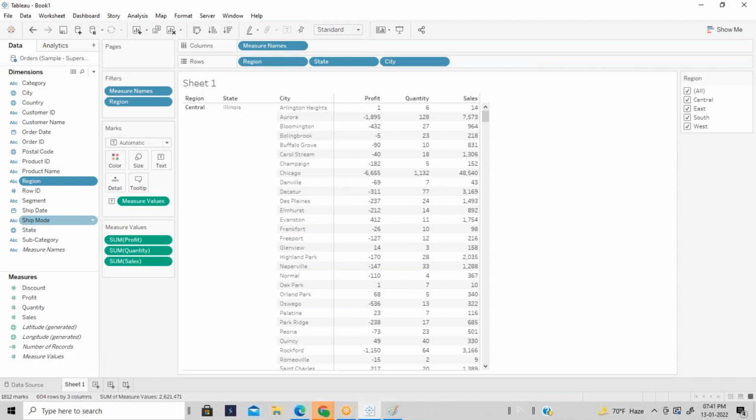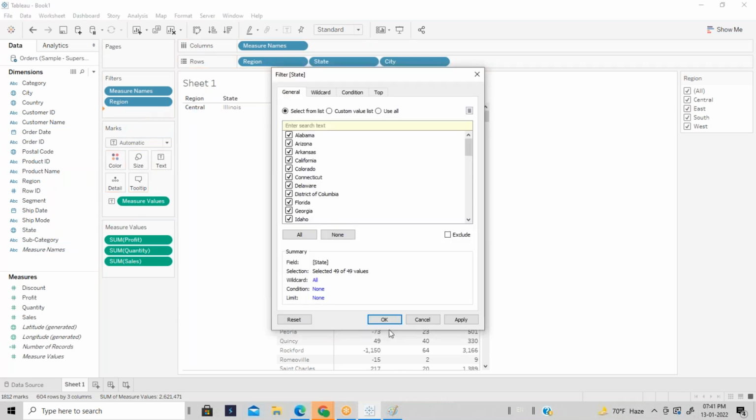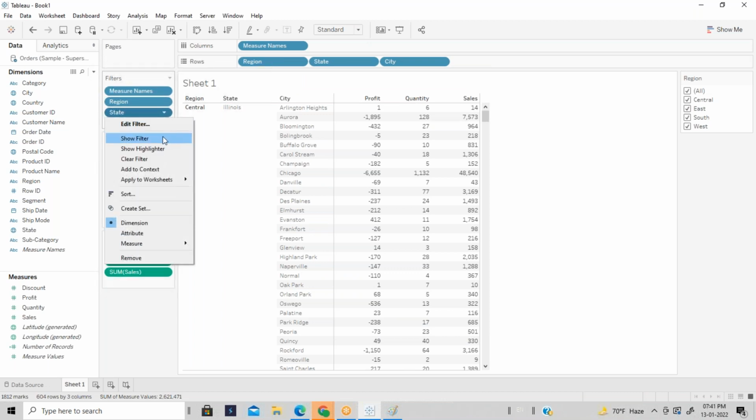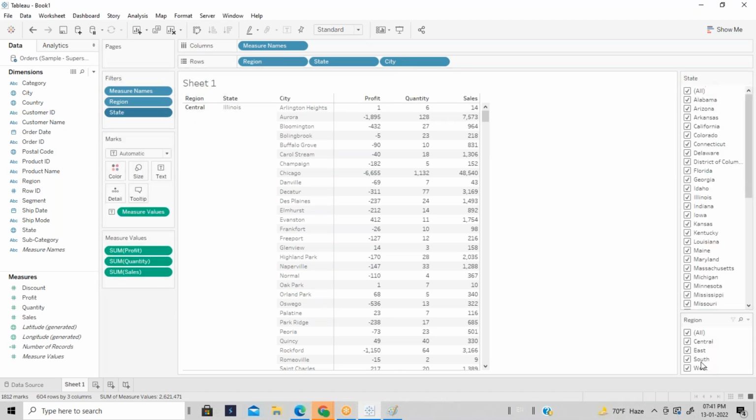Now, I also want to create a quick filter on the state. The other way is to add the state into the filter first. Click select all, click OK, and then click show filter.